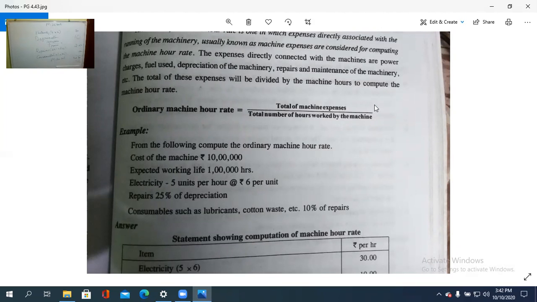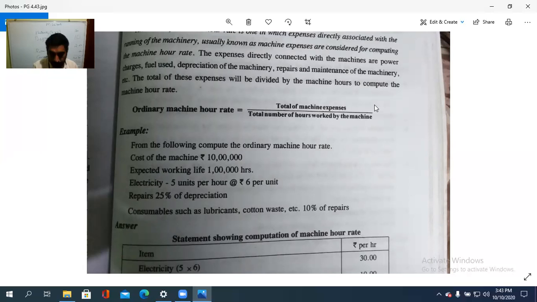So ordinary machine hour rate means total of the expenses with regard to that machinery divided by the total number of hours worked by that machine. Electricity charges: 5 units used at 6 rupees per unit, so 30. Depreciation: 10 lakh is the total cost of the machinery, utilized for 1 lakh hours, so 10 lakh divided by 1 lakh gives 10 rupees. Then repairs are 25% of depreciation, that is 2.5. Then consumable stores such as lubricant oil and cotton waste are 10% of repairs, which is 0.25. Take the total, that is the machine hour rate. So we saw today the different aspects